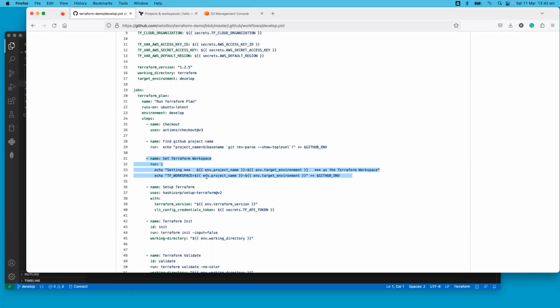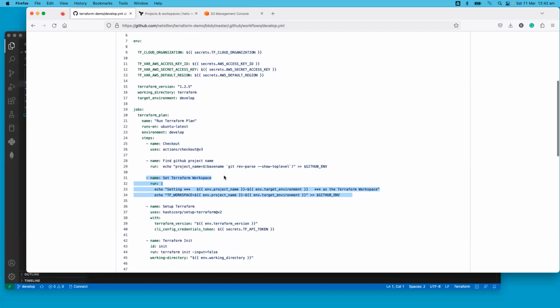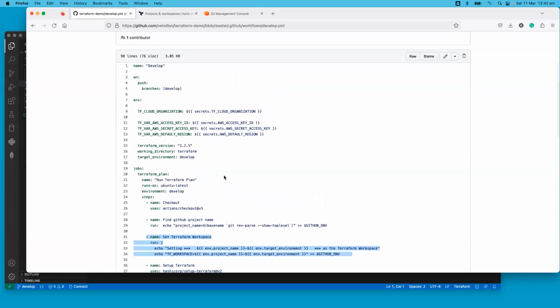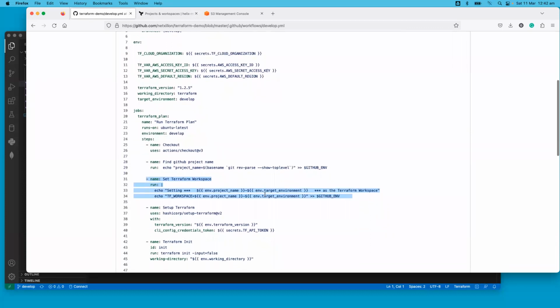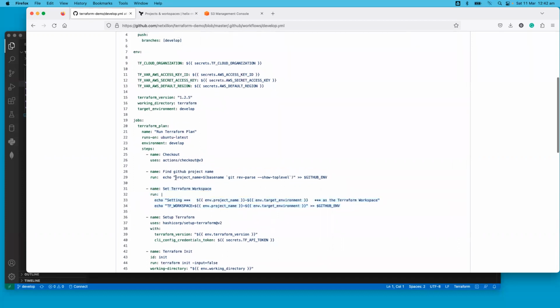TF_WORKSPACE is set to the environment variable project name hyphen target environment. And what is your project name? The project name variable is populated from here. So if I execute this command,